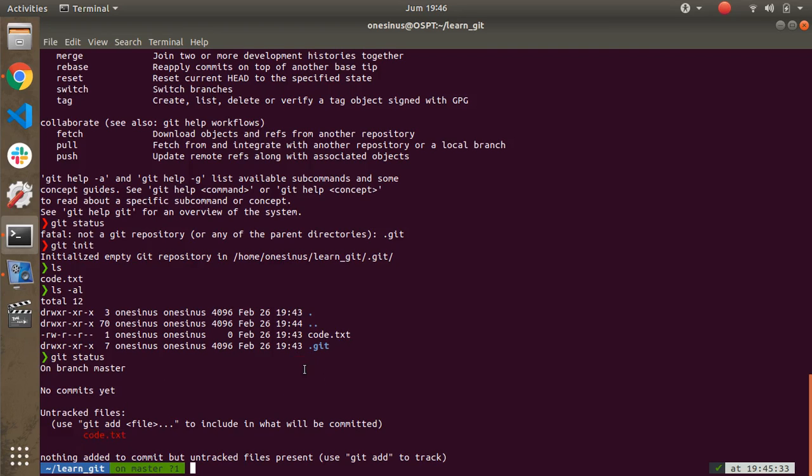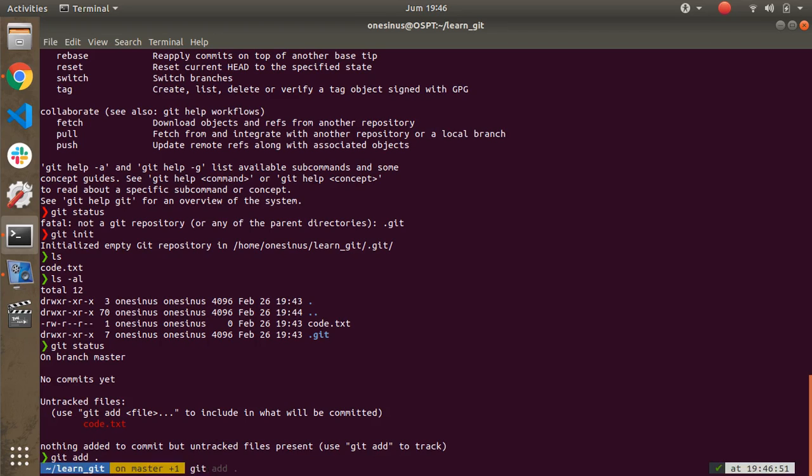So how do we add our file and directory to Git? We can run git add and the file name or directory name, or you can also use git add dot. It means that we will add all files, all directories in our project at our working directory.